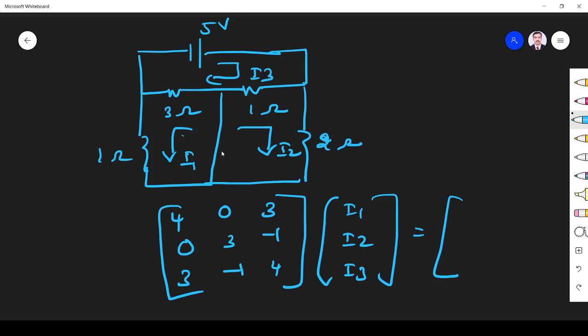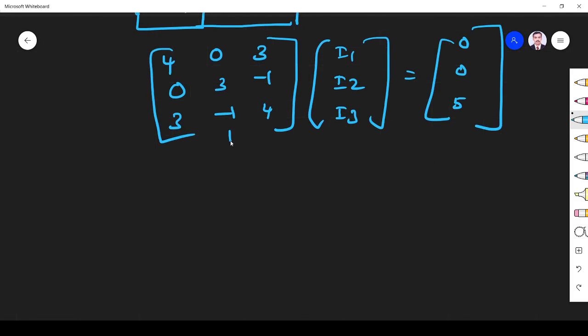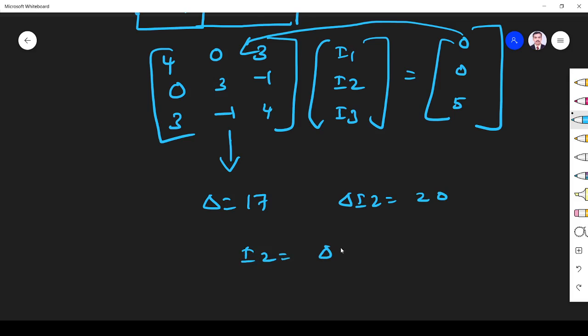So I1, I2, I3. What is the voltage source in loop 1? 0. In loop 2, 0. In loop 3, 5. I want I2. First I have to find del from this matrix, and that will become 17. How can we find del I2? Substitute this value in the second column, and replace 0, 3, minus 1 by 0, 0, 5. So del I2 will become 20. So I2 is equal to del I2 divided by del, that is equal to